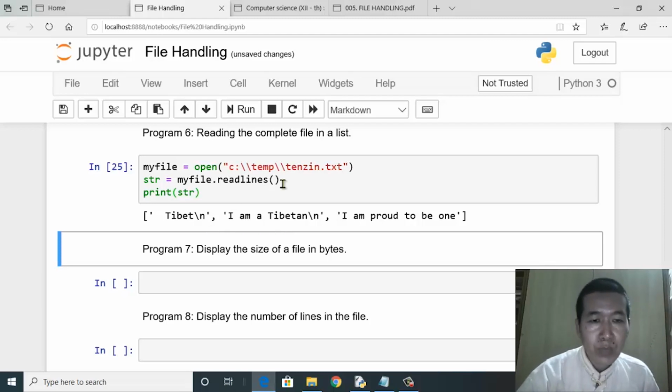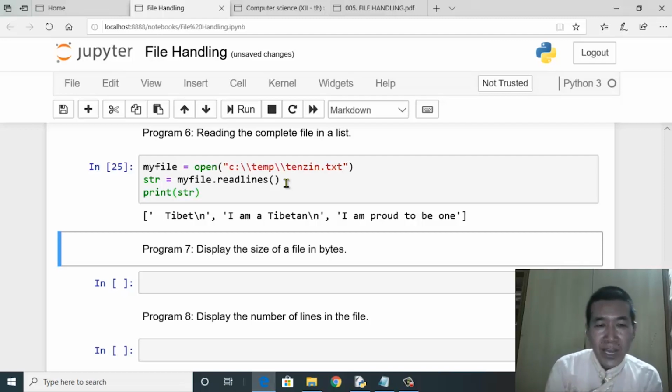So this is what happens with readlines. Readlines is a function which will print the entire content of the file, but the difference with read and readline is that the readlines function will always return the values in the form of a list.